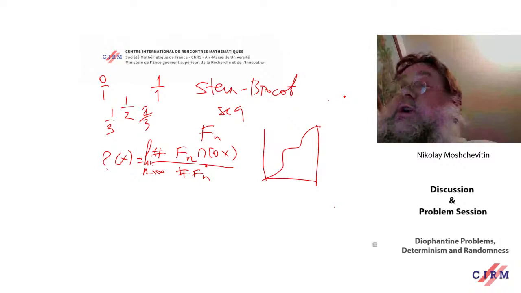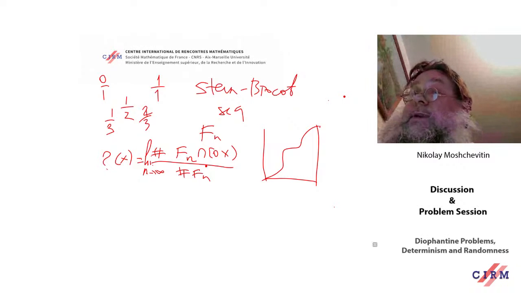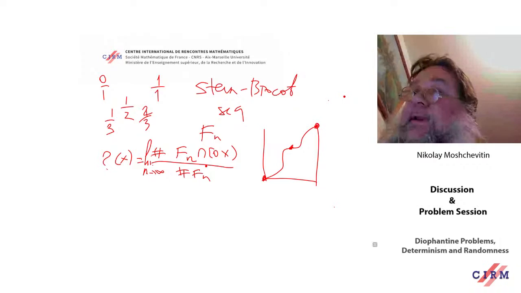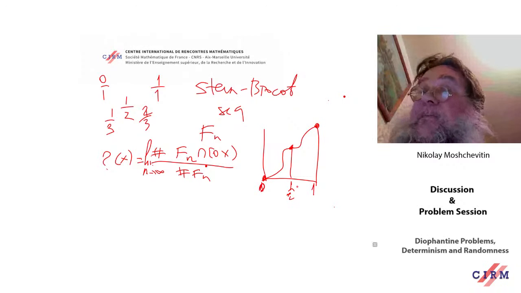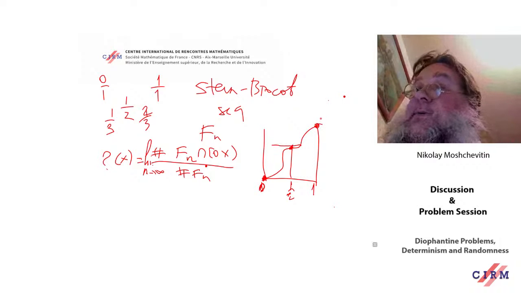A monotone function is differentiable almost everywhere by the famous Lebesgue theorem. It has stable points, three trivial stable points: 0, 1, and 1/2. It is possible to prove that at rational points the derivative is 0.